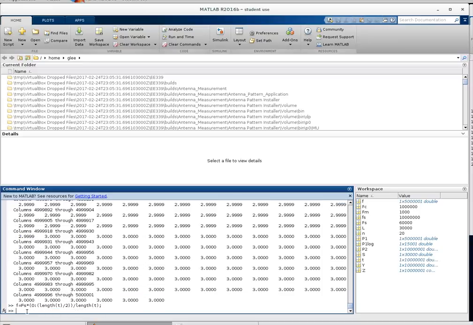Do it that way. Okay, so now that I have all of that information,